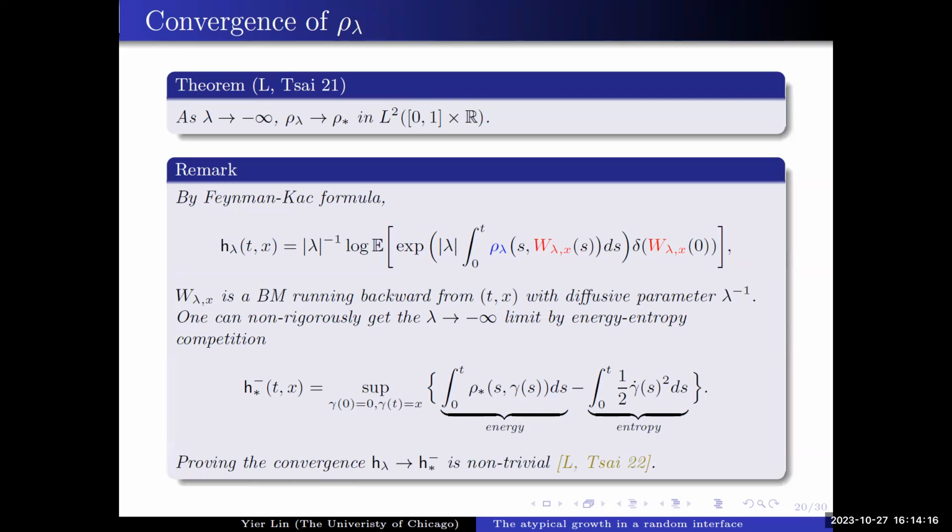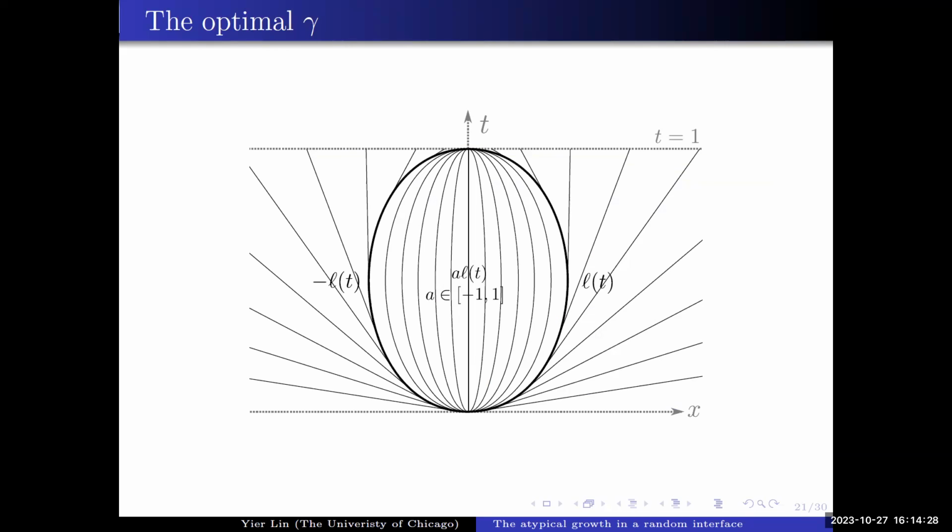When you look at the value of the solution at certain t and x, then you want to optimize the trajectory connecting the origin and (t, x). So what is the optimized trajectory? Actually, it's something that can be described very explicitly. There is some oval, where this LT function is something we have seen in the potential. So inside this oval, these optimizers will just flow by a scalar times this boundary. But outside, these optimal gamma will just behave like straight lines.